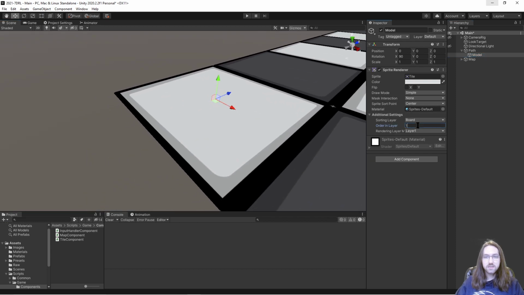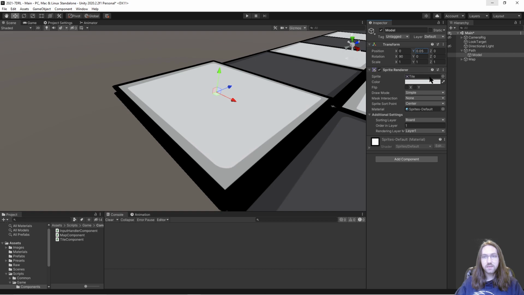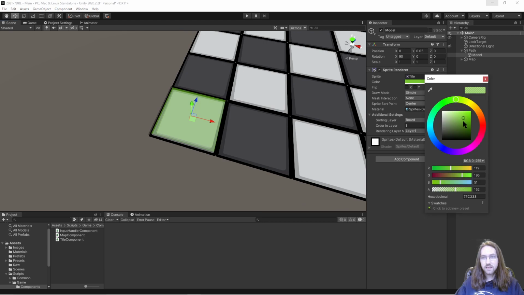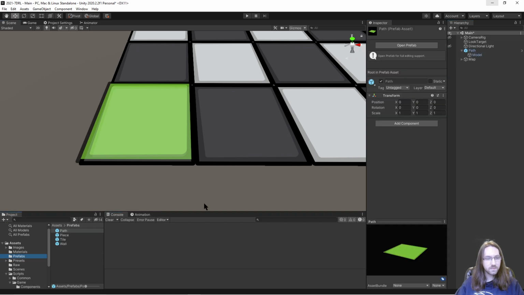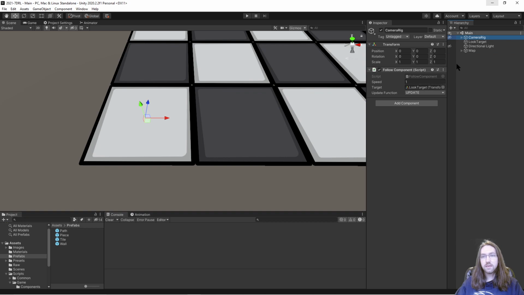And then the model itself, I think, will always display above the others, and it'll be at 0.05. It will have a kind of greenish tint, and it'll be a little bit transparent. Something like that. So that'll indicate where the path is. And so we can set this to a prefab, and then we can delete this. And then in the input handler,